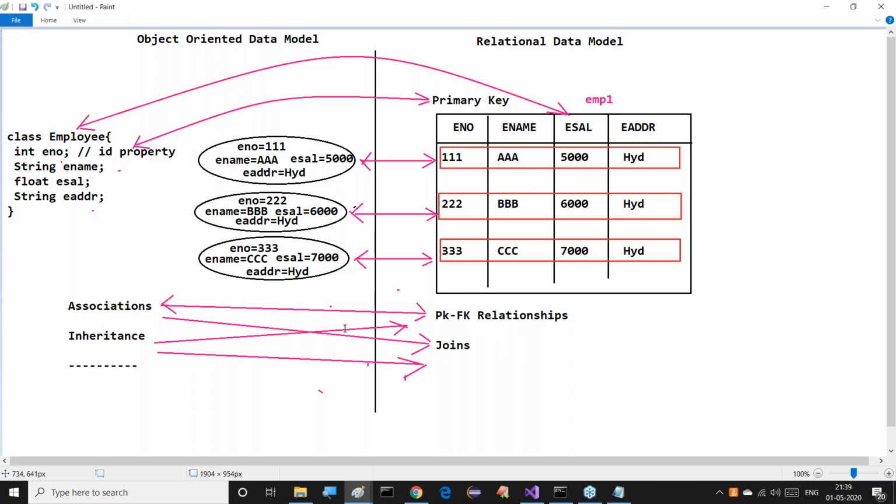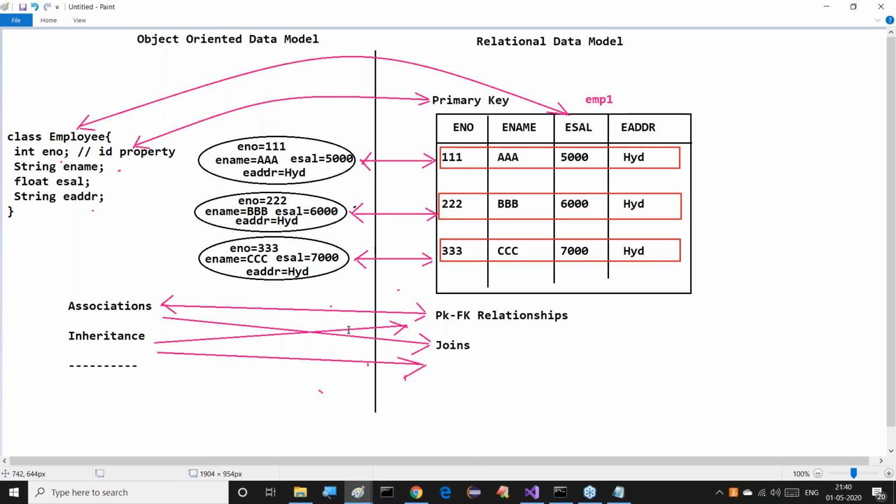Then the developer's job is very simple. The developer will create objects for employee, get data from the employee, and keep the data into the respective tables without any extra thinking. By this, our data persistency is very simple, and we are able to achieve data persistency 100% in our enterprise applications.